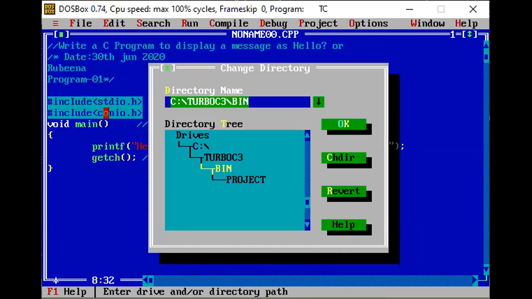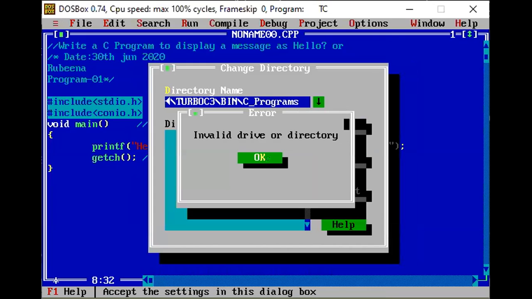Yes, this is for the directory name. I would like to add a directory over here, named C underscore programs. This I want to make as my directory.